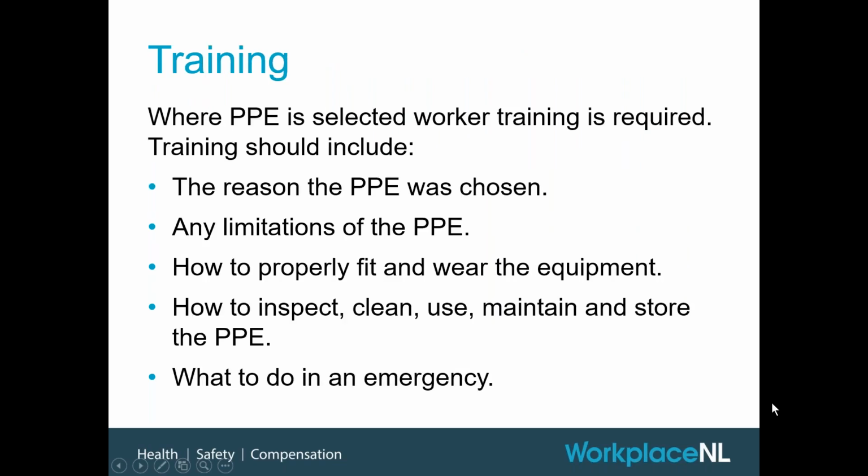Whenever PPE is used, workers are supposed to receive some training. I do find most employers deal with the PPE training as part of orientation, especially for really basic PPE like hard hats and boots and eye protection. But it can be important to refocus everyone on why eye protection is important on a regular basis, because these injuries still continue to happen. So some things to think about would be why you chose this particular type of eye protection, any limitations, if there are any,